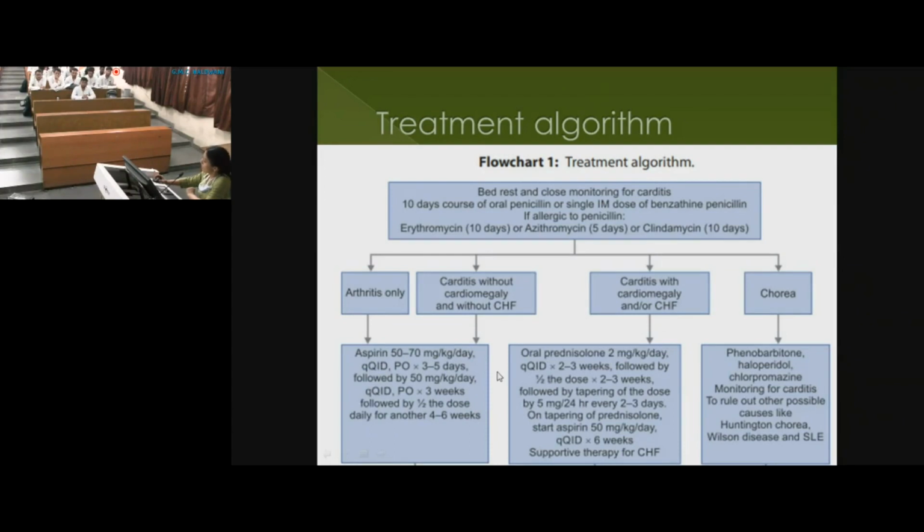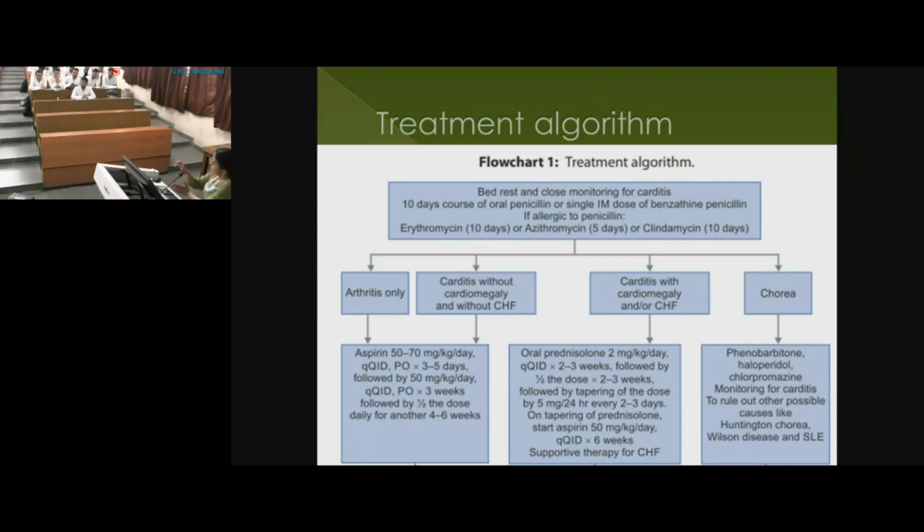Otherwise it's aspirin. So when we start with steroid, which steroid are we giving? We are giving prednisolone. And which route are we preferring? We are preferring oral. So we start with oral prednisolone 2 milligram per kg per day. After 2 weeks, we begin to taper off the steroid. And what will we monitor? We monitor inflammation. Which markers can we monitor for inflammation? CRP and ESR. You will find that CRP and ESR will start to decrease. So once it is in the lower range, then you start with aspirin.